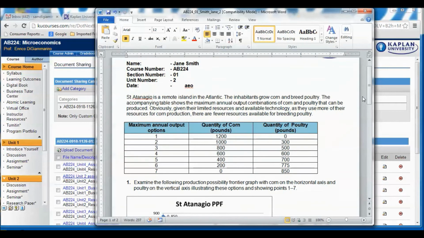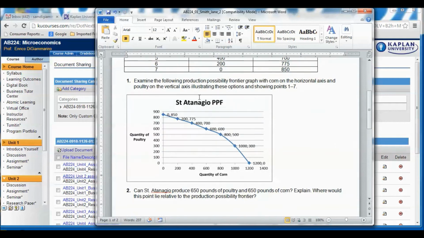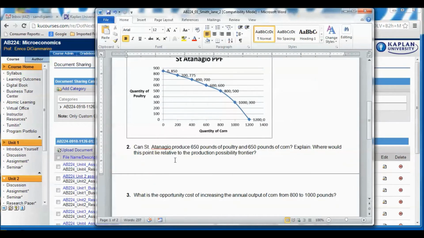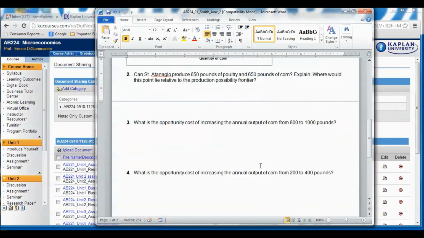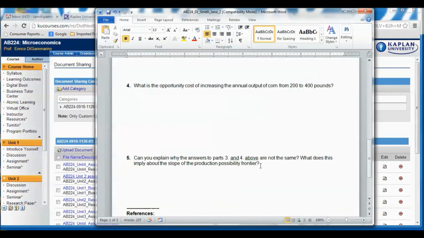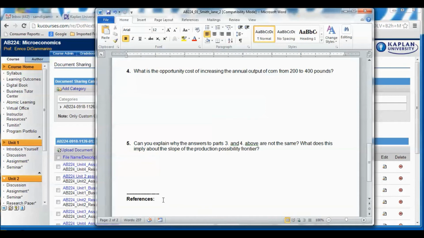Okay? Notice that we give you the graphs. If there's an assignment requiring a graph, you don't have to create the graph. We'll give it to you. We want you to be able to read it. Okay? Then we have some questions. Okay? So these are the questions you need to be concerned about. Okay? And you'll notice that there's 5 of them, and at the bottom there's a place for